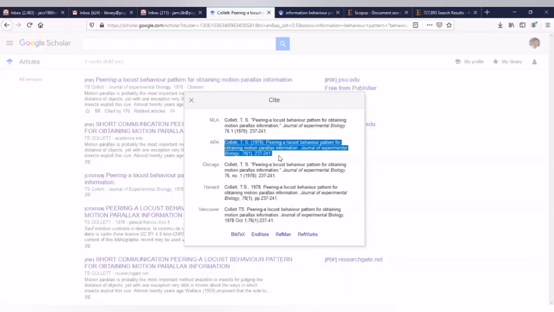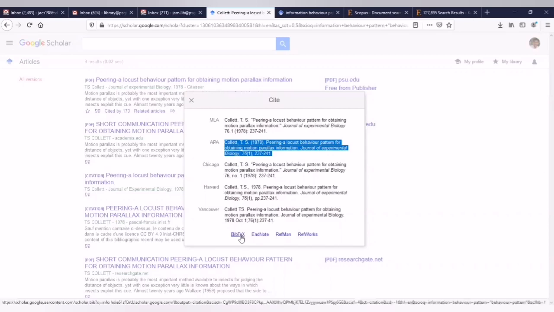Some universities follow APA, some follow MLA, and some journals have their own referencing style. So click on this format option, and it can be exported in whichever format you want, even BibTeX or EndNote. I just put it in BibTeX here, so this is exported in BibTeX format.